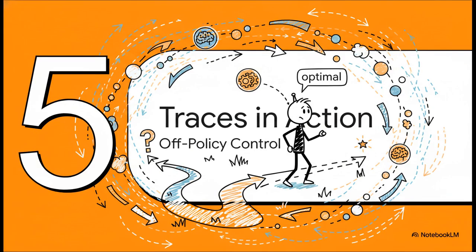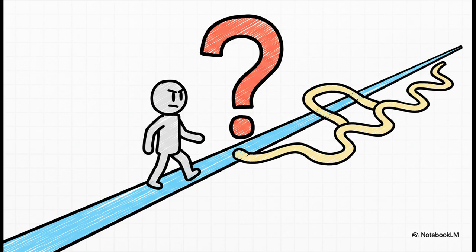All right, on to the final piece of this whole puzzle, off-policy control. See, everything we've talked about so far kind of assumes our agent is following its game plan. But what happens when it goes off script? What happens when it's exploring and takes a random action, one that its current best policy would never have chosen? This right here is the central challenge for an off-policy agent like Q-learning. And the classic algorithm that tries to solve this is called Watkins's Q-lambda. The goal is to get the best of both worlds, the power of Q-learning, which always learns about the optimal path, combined with the awesome efficiency of eligibility traces.